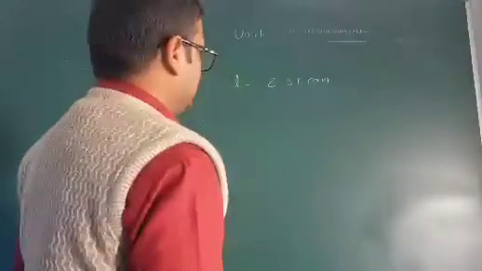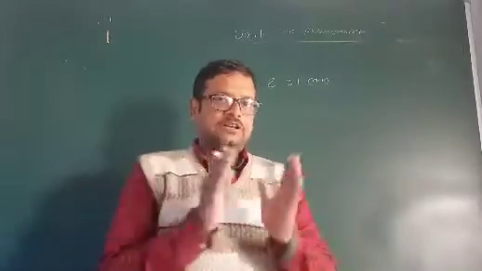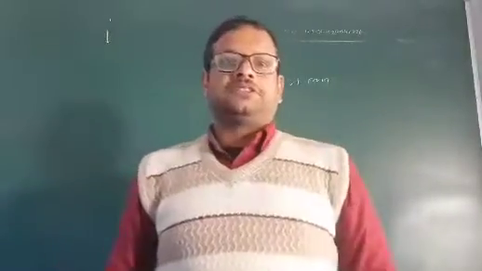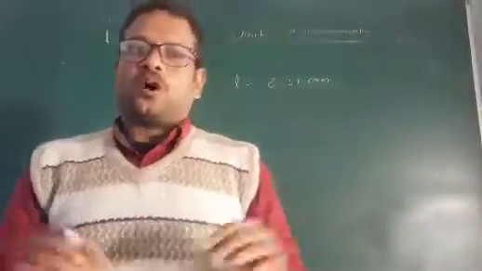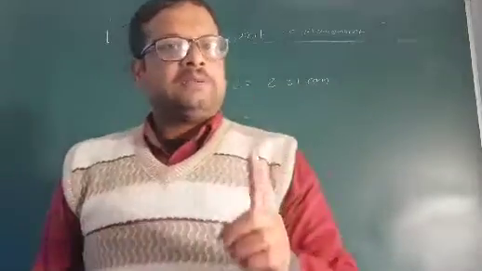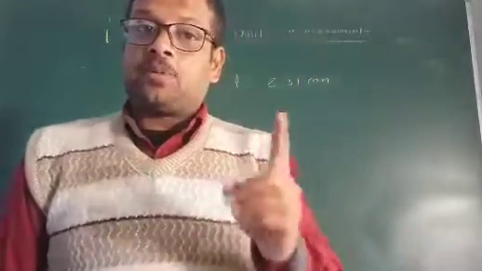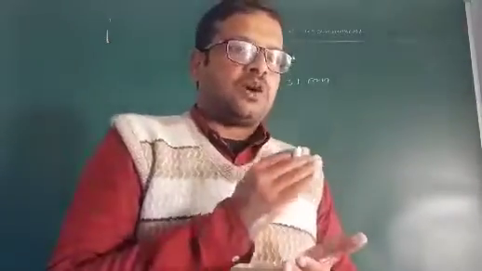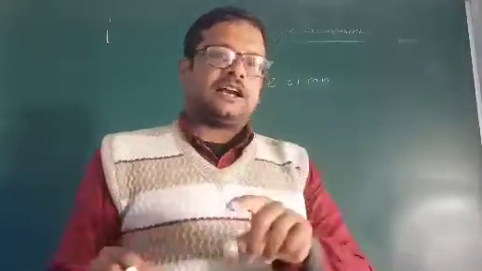How? Because you know the least count of any device. The least count means the minimum value this device can measure. This is called the least count. For example, your simple 6 centimeter scale has a least count of 1 millimeter. Vernier calipers, you know very well, can measure 0.1 millimeter, and screw gauge can measure 0.01 millimeter. This is their least count. Least count means the smallest value that can be measured by that particular device, that particular scale.